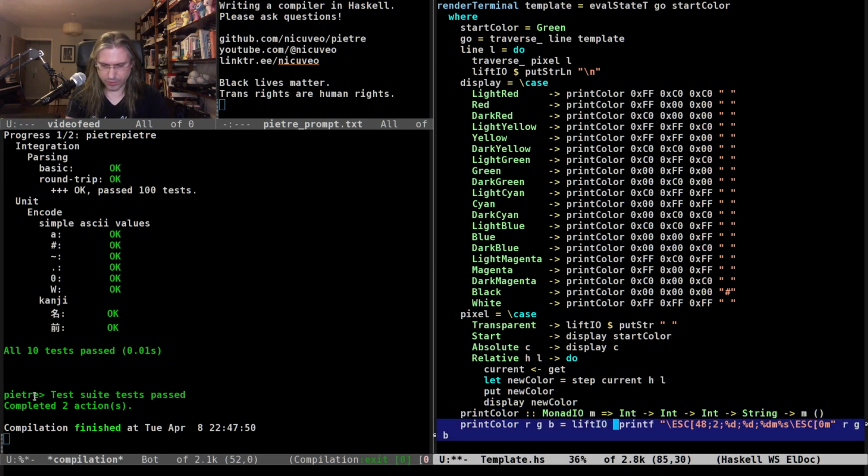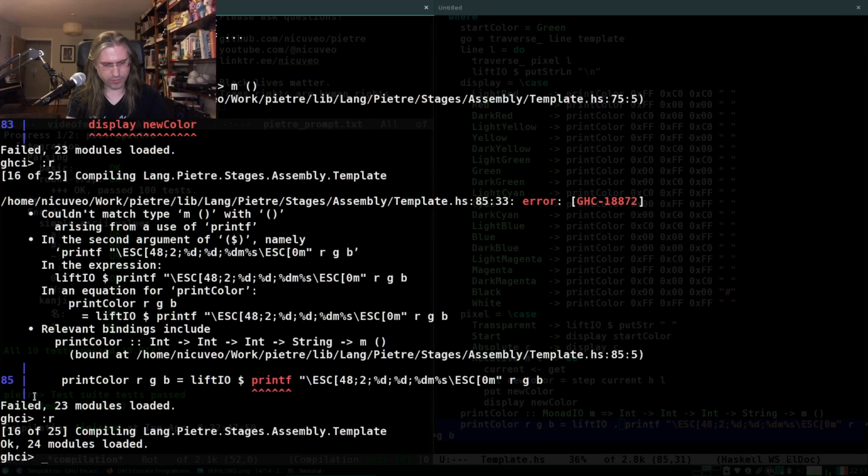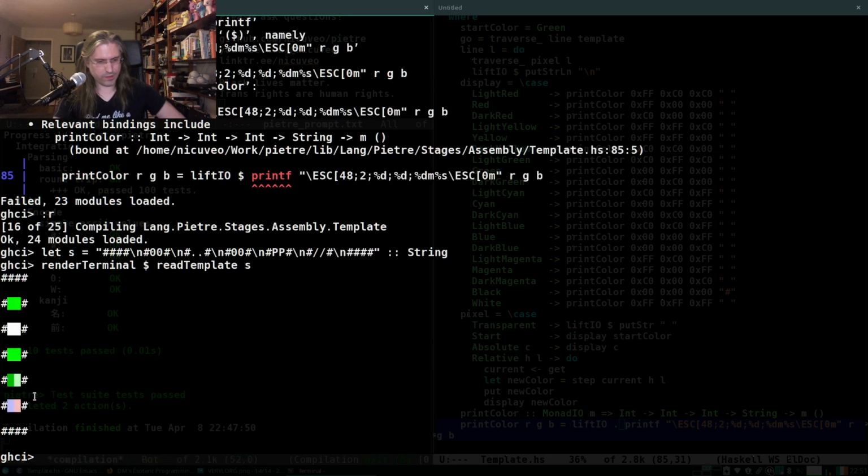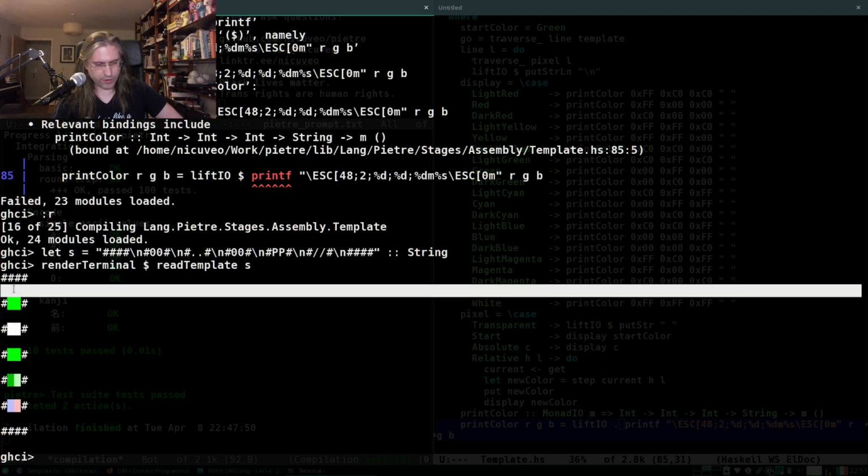And therefore, there we go. So now if I try this again, okay, so white is rendered like this. I don't know what the lines are. There's something wrong about the lines.